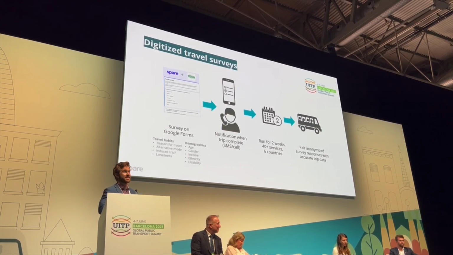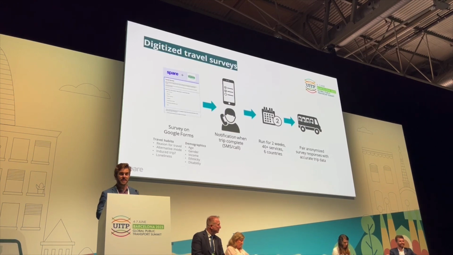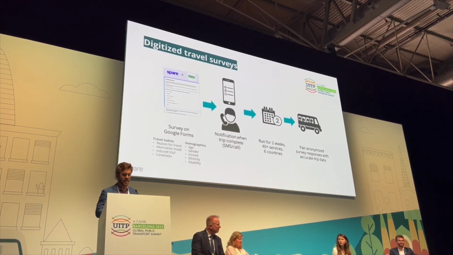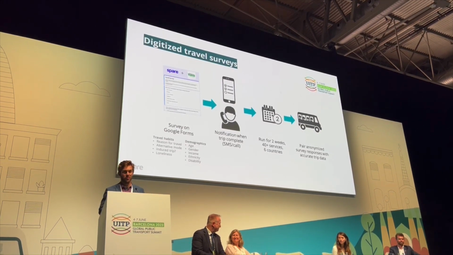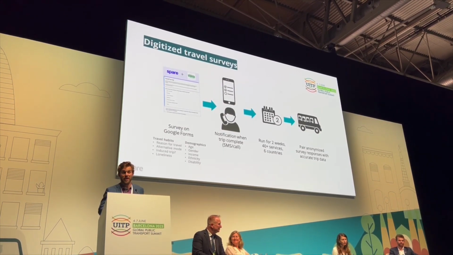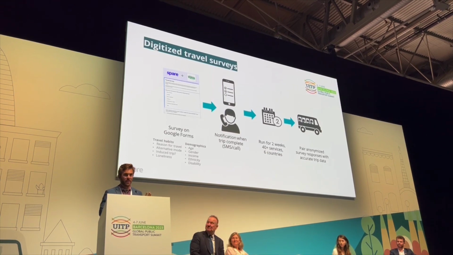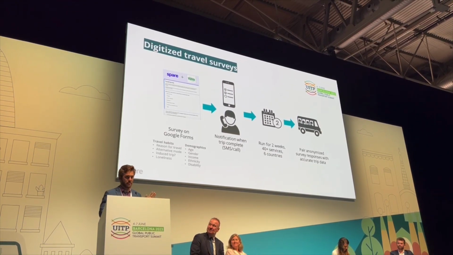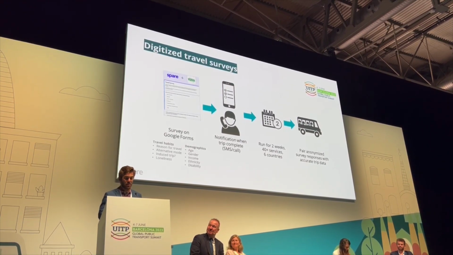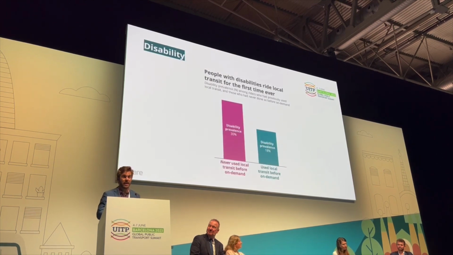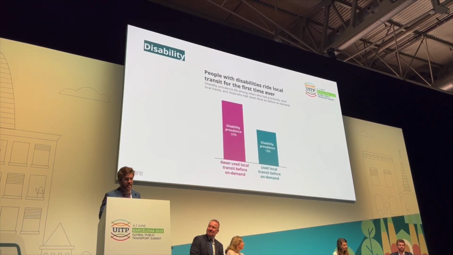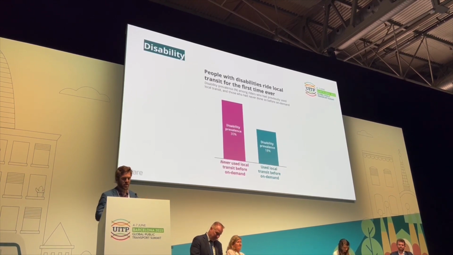And what makes this different, I think, to the kinds of surveys that PTAs have traditionally collected is that we compare that data of who people are with their actual travel patterns, because we have that information in our platform. We keep everything anonymized and sufficiently private, but we're able to collect some really intricate, detailed data that I'm going to share with you now. So I'm going to cover 4 different aspects of equity, 1 graph for each, and this first one